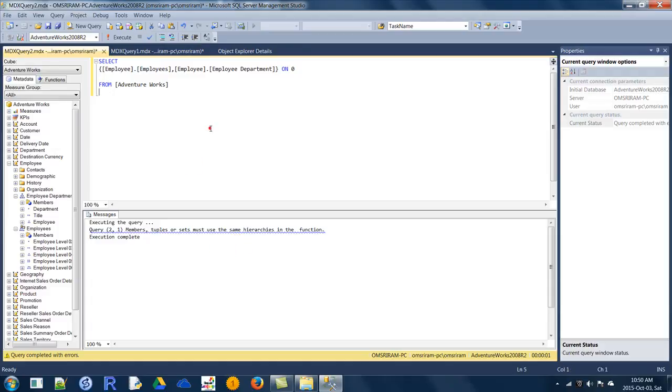So you have to set these two hierarchies on two different axes. This is one important point in writing queries in MDX.